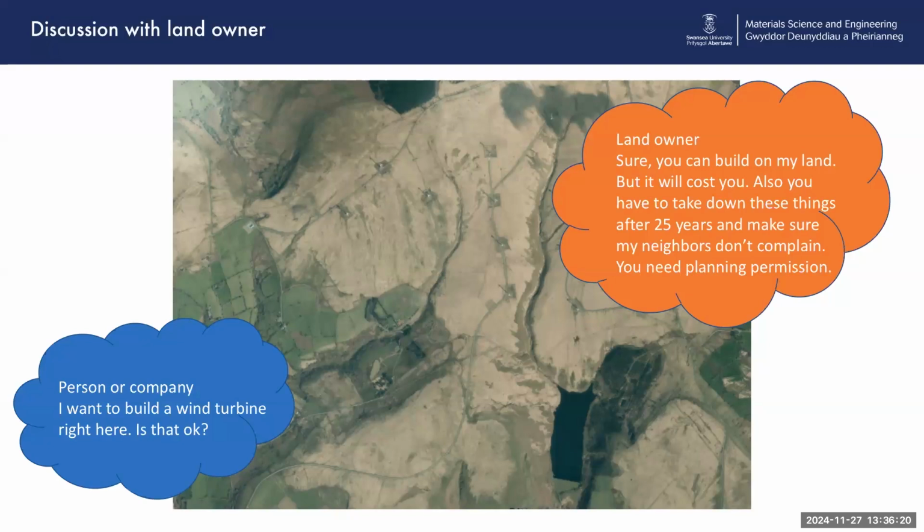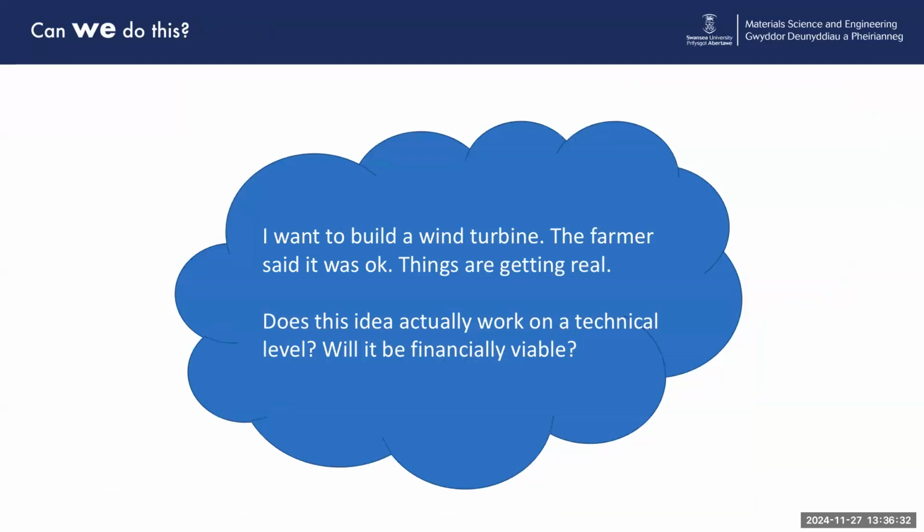It's going to cost you, obviously. You're going to need to take them down after a certain number of years. You need to make sure that my neighbours don't complain. In which case, we think at that point, well, we're probably going to need some planning permission. So I want to build this wind generator. The farmer said it's okay. Things are now starting to get a bit real. Does it actually work? Does it work on a technical level? And does it work on a